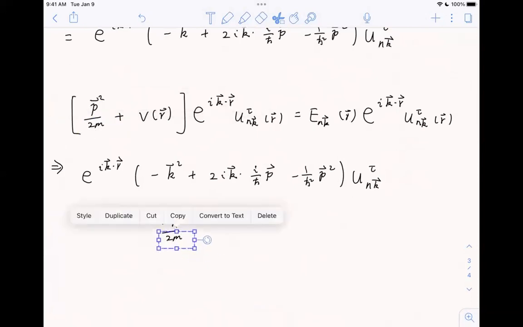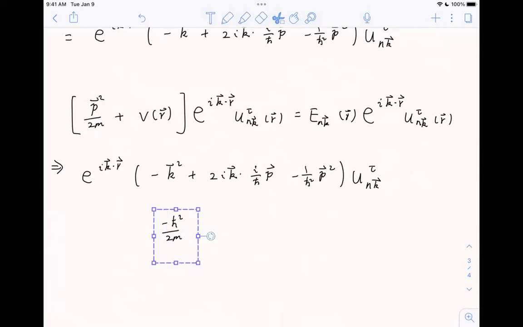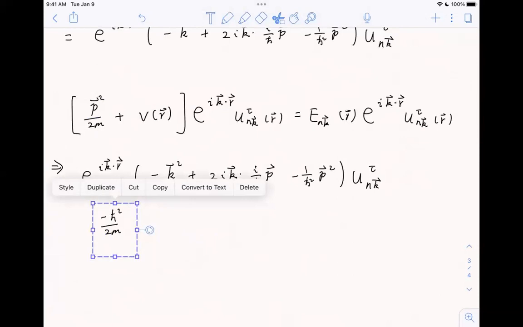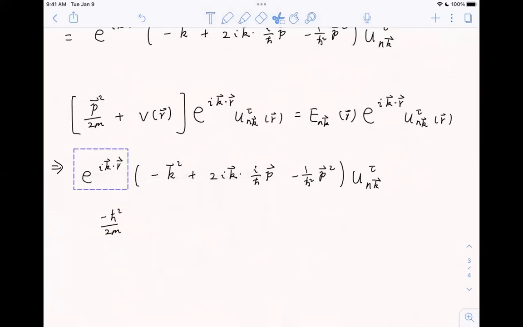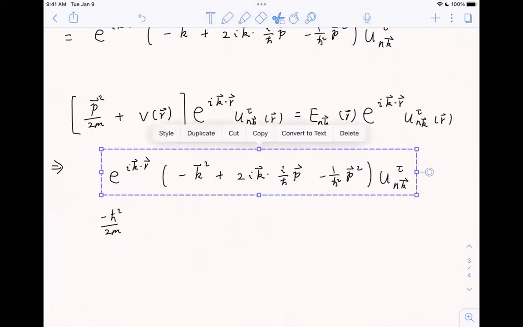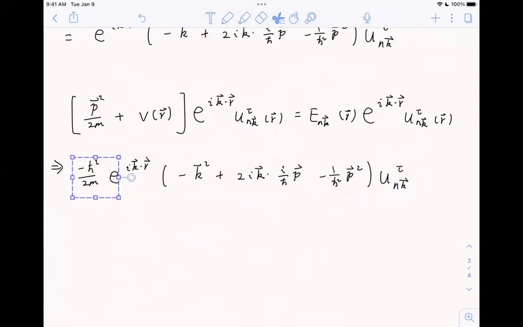Okay, you need to add this factor here. You need to add this. You need to add this factor here. Okay, you need to add this factor, and then